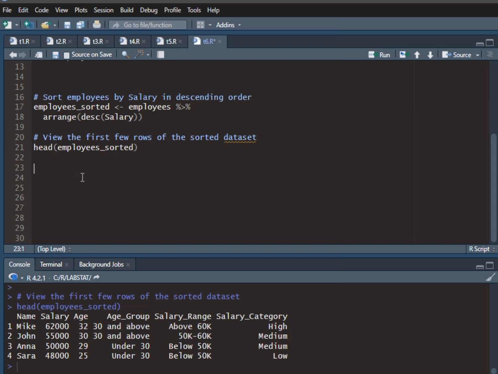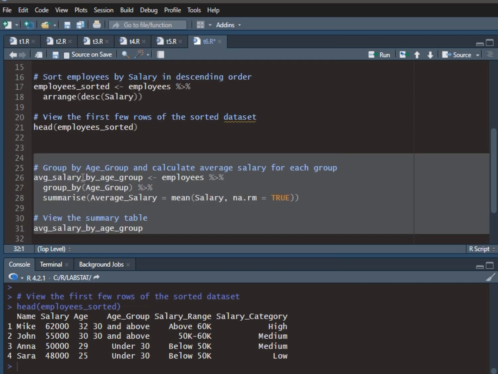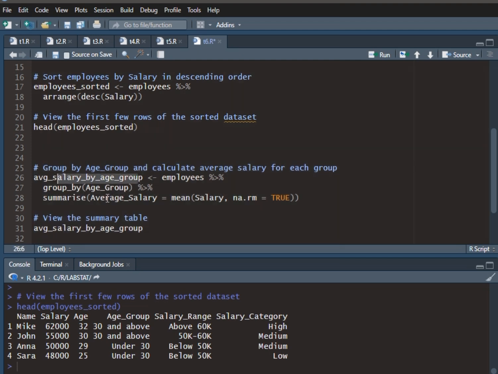So now for one of the most powerful features of dplyr, grouped operations. Grouping allows you to perform calculations by category, like finding the average salary of each age group. So let's combine group_by and summarize to do exactly that. So here, this is the following code. We have grouped the data by age group, and we summarize by the average salary for each age group,